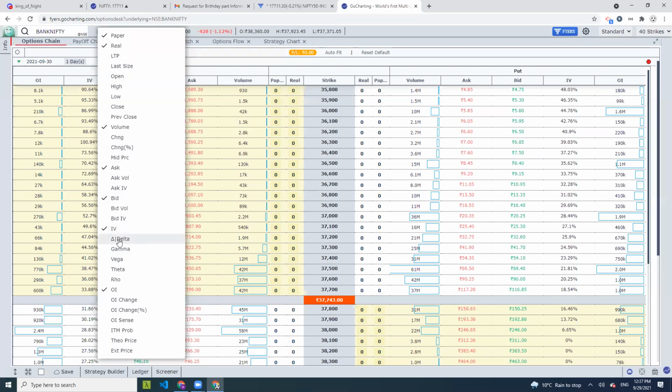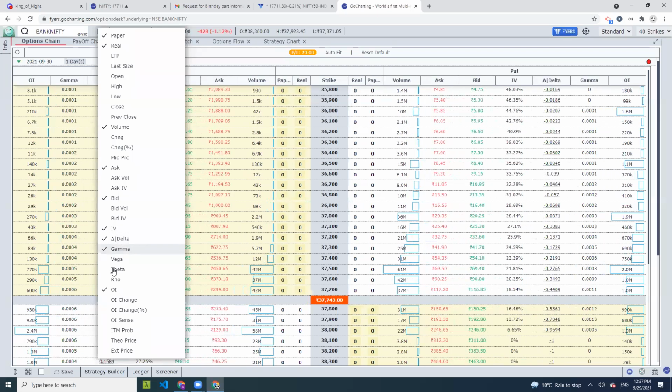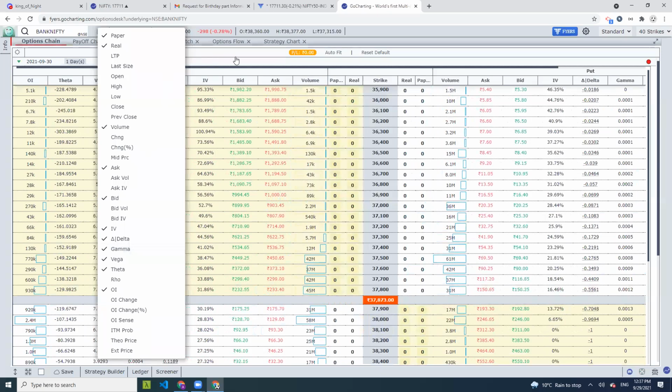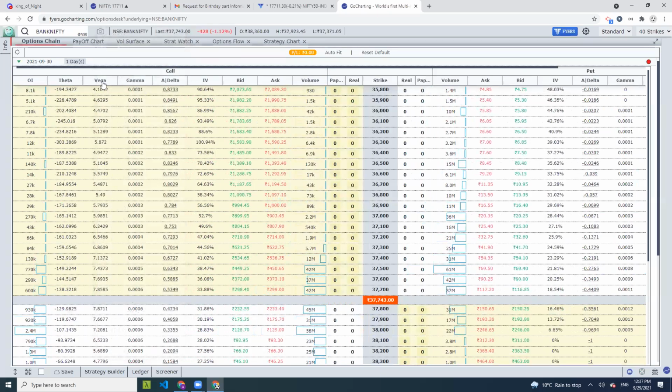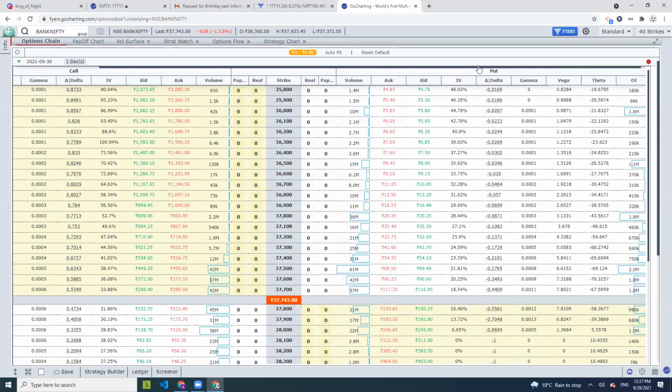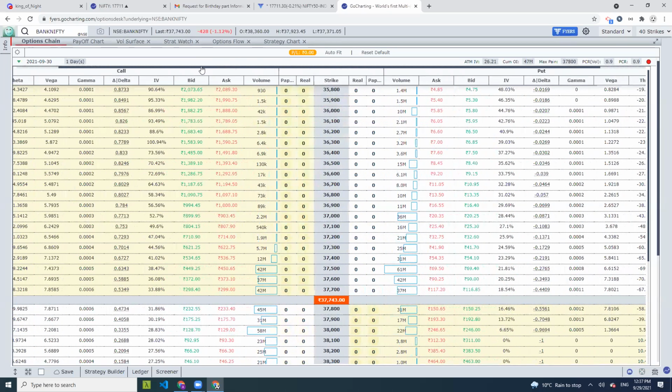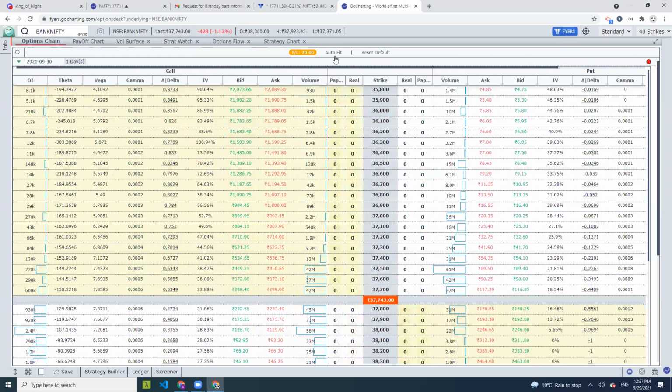So if you want to, for example, add the Greeks, I will just go ahead and click on this, and the Greeks get added. As you can see now, I've added the thetas, the vegas, the gammas of the world. Once you do that, you will probably see that a scroller will come up because now it has extended beyond the viewport. So you can use the scroller to scroll, but we have also added a new feature called auto fit.